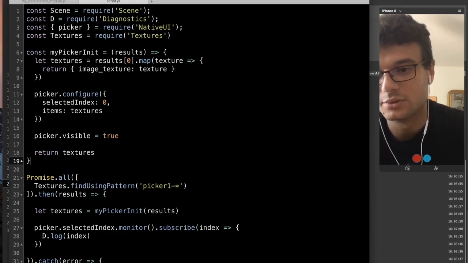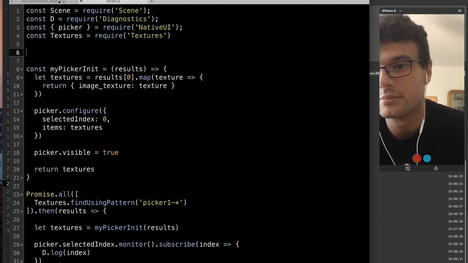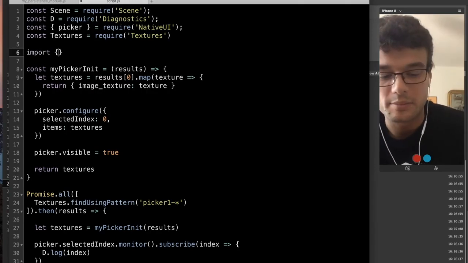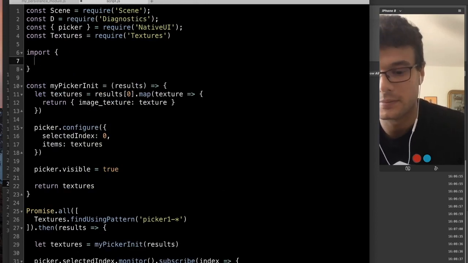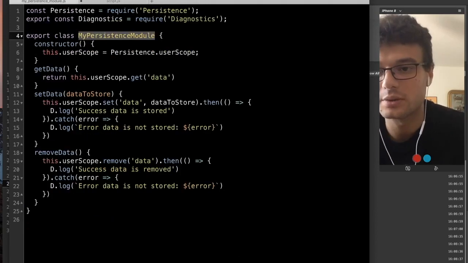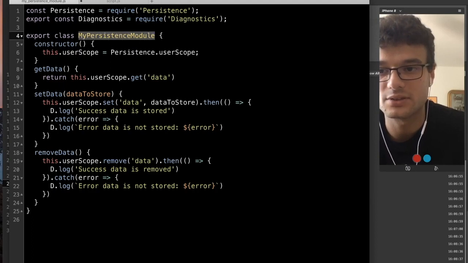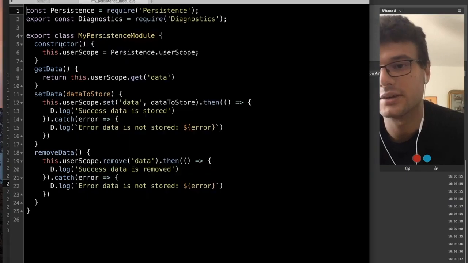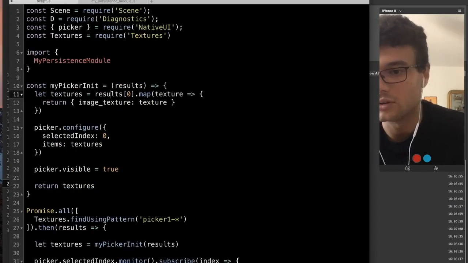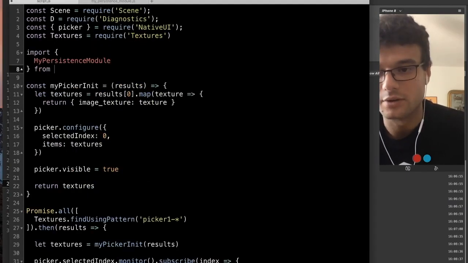So now let's use the persistence module, because we want to store. I have my persistence module here, and I need to import it. So import my persistence module, which I'm going to copy paste here. The name of the class I want to import is my persistence module. Cool, and then here, import from